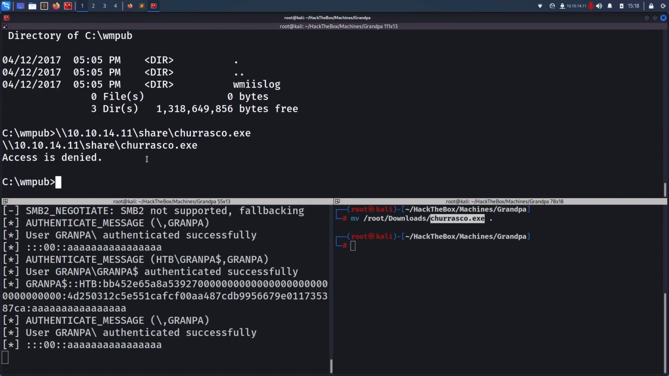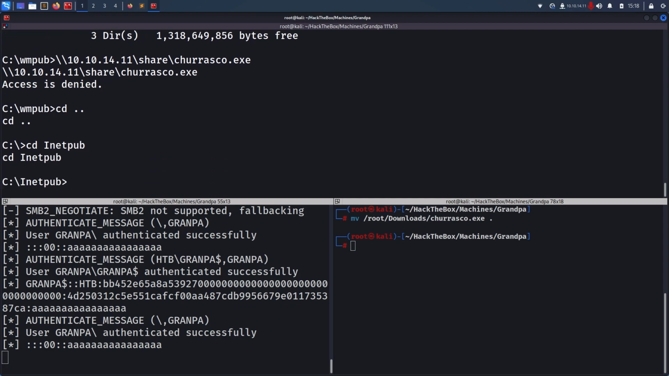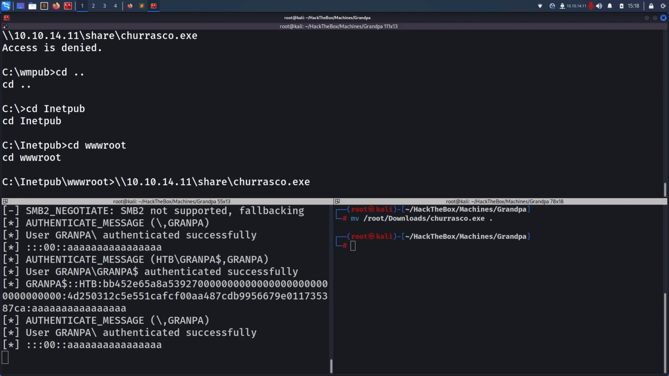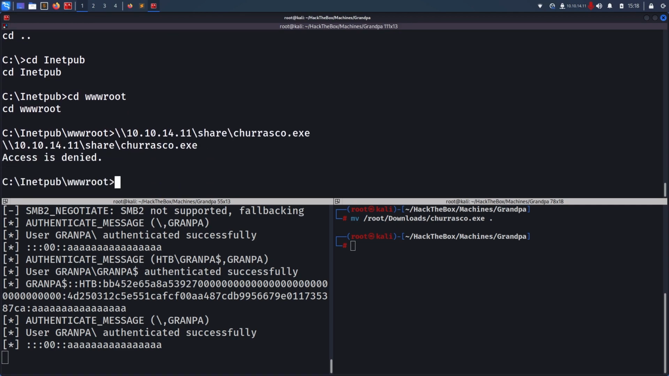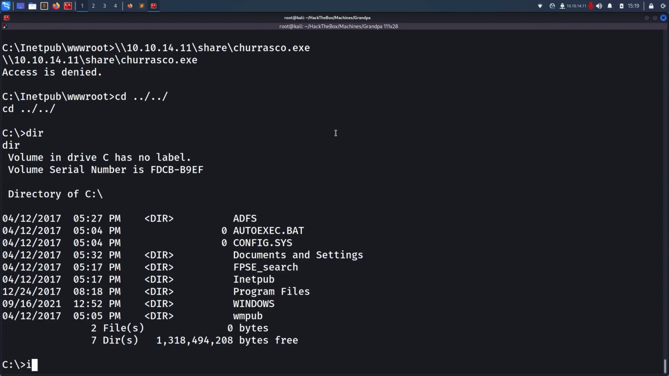Access is denied. So normally I cannot do that over here. If I again cd into inetpub and cd into wwwroot, now if I do the same command, enter, access is denied. So now again this thing is causing access is denied. So what I can do now is try to go into any other one. Dir, it should work on wmpub. Let's see permissions. To see the permissions on wmpub, I can do icacls wmpub,